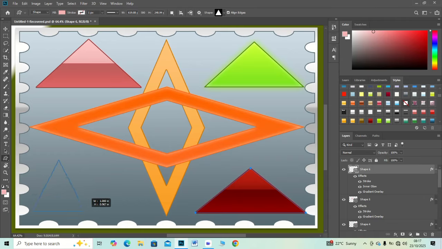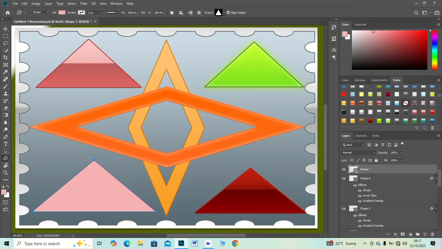Apply curves for color harmony and sharpen slightly. You have now made a perfect app poster ready